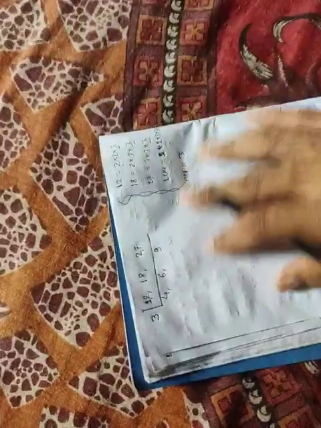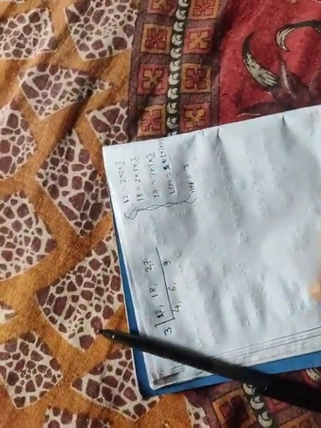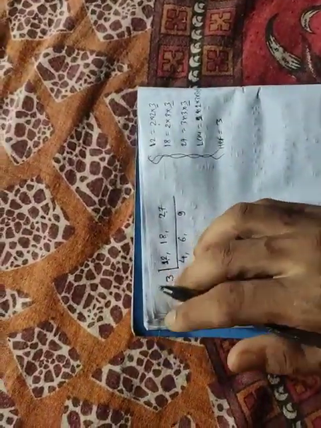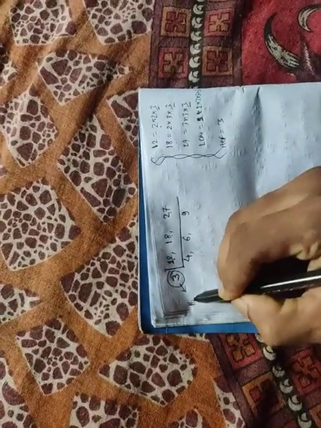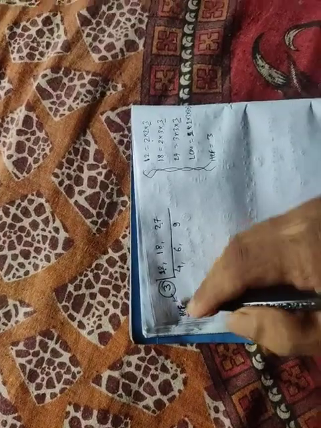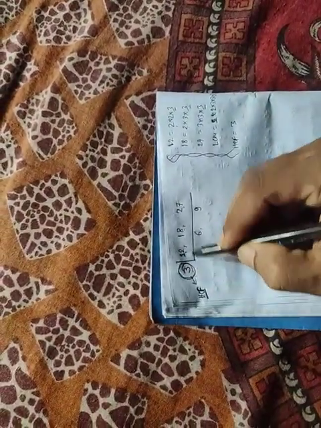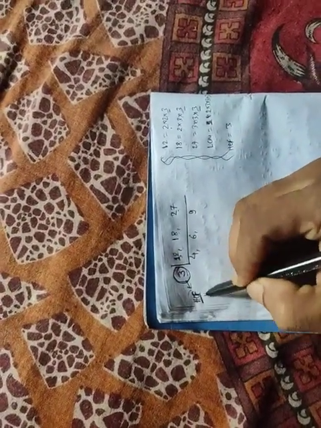Next, is there any number by which we can divide all the numbers? There are no such numbers. Okay, so as there is no number, that will be our HCF. What does this mean? HCF, highest common factor, means the number by which we can divide all the numbers. So here 3 is the number by which we can divide all the numbers. So that is the HCF.